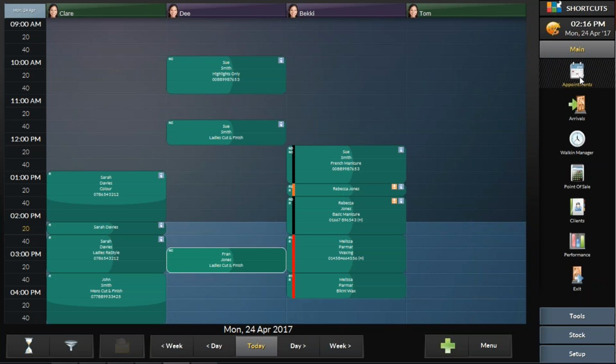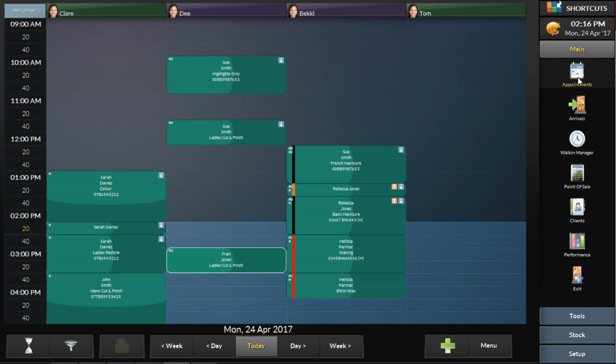Okay, and that is looking at appointment history. The next thing we're going to do is actually have a look at the wait list. So the worst thing is when you've got a computer, we don't want to be having scrappy pieces of paper around with different clients' names on that maybe can't get an appointment for today. So we do have a waitlist feature in Shortcuts,